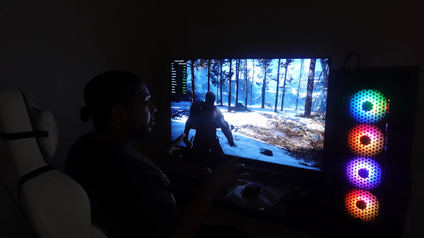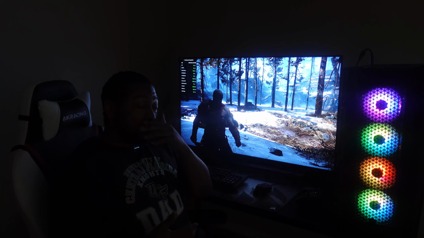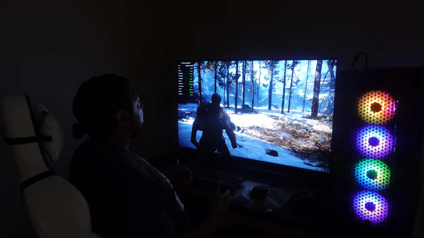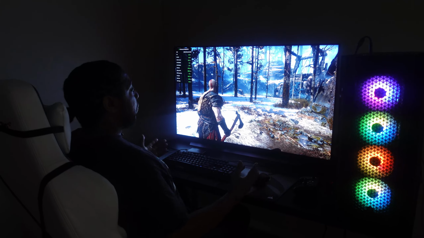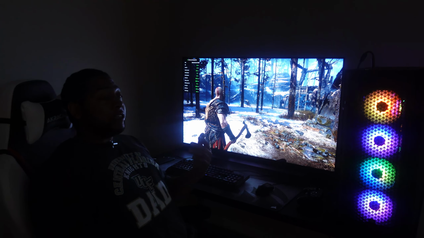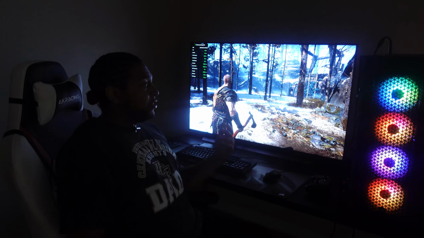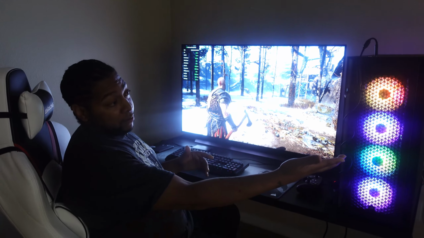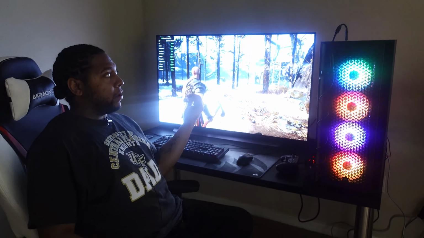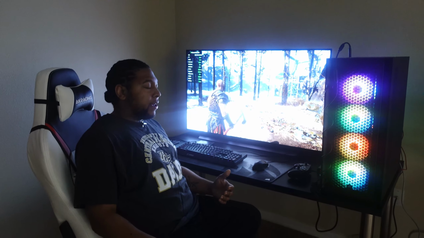But for those of you that might be wondering, man, is this too big? This is actually amazing. And just the fact that it's so playable, coming from a 27 inch monitor, skipping the 32 inch QHD, right? Even coming from a 49 inch ultra wide, this thing is beautiful. So yeah,